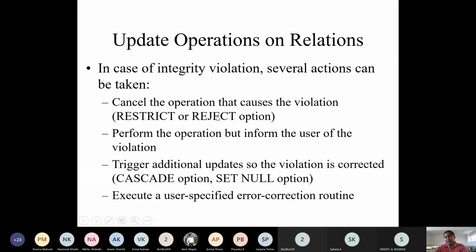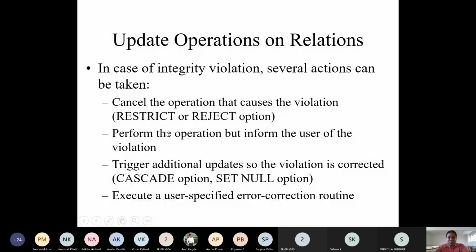Reject option is something else. All packages and software will not allow me to do reject operation, but I can do restriction. Only when I use restrict option, only a database administrator with highest privileges can do the operation.